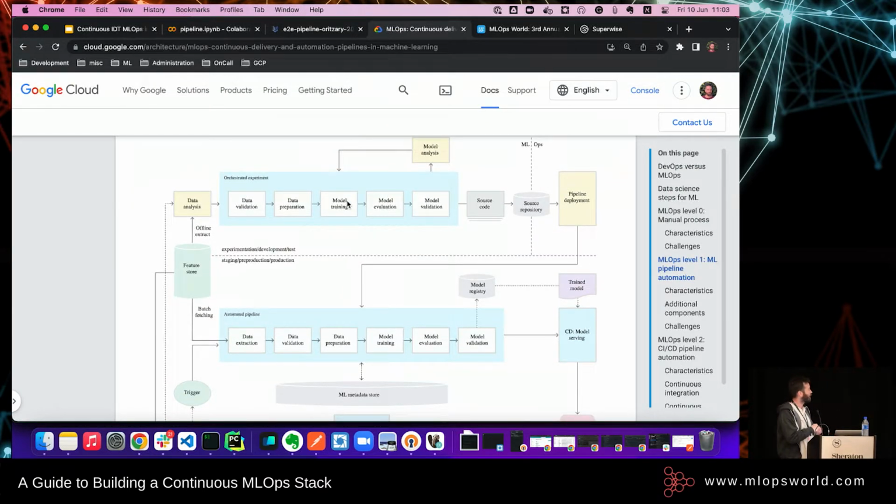The first one is the experimentation area where the researchers and the data scientists live. They work with a feature store or do some data extraction. And then they're constantly running experiments, doing data validation, preparation, training their model, working with some artifactory, writing their different pickled objects or joblibs. And eventually they feel confident enough that their model is good and they can deploy it to production.